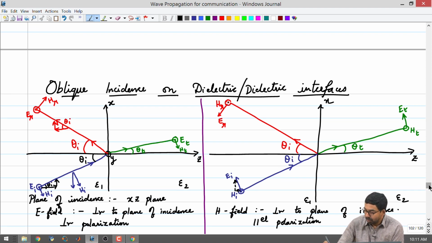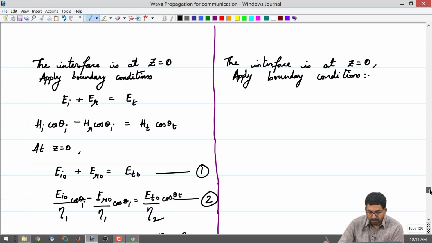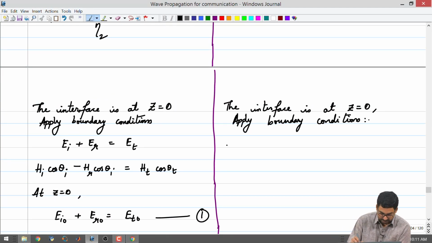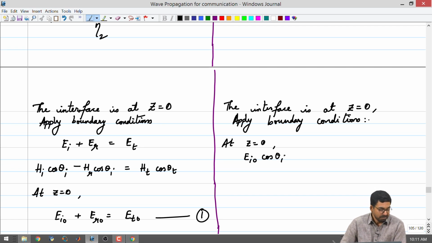Okay. So, I will go back. The boundary condition here is at z equal to 0. I have Ei naught cos theta i, and the electric field flipped its direction while going back. So, you will notice that the vector direction for the incident wave for the tangential component is opposite to that of the reflected component. So, you have to take the difference between the two, which is the same thing we did for the magnetic field in the other polarization.